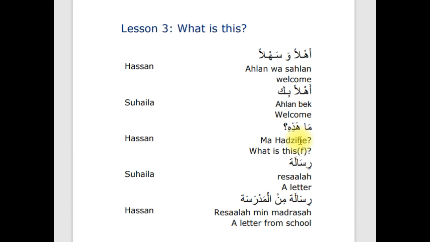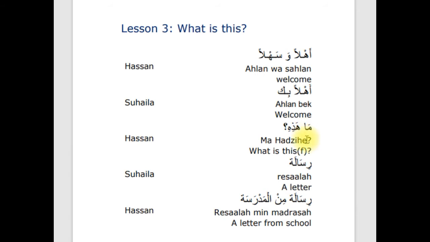حسن, ما هذه؟ ما هذه؟ ما means what, is, هذه means this, referring to feminine noun. ما هذه؟